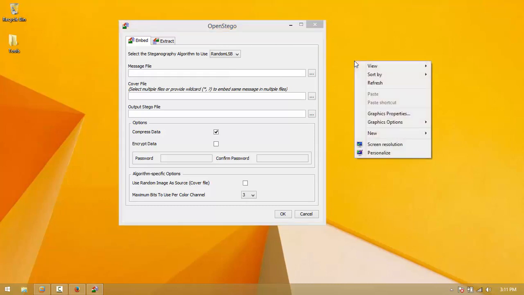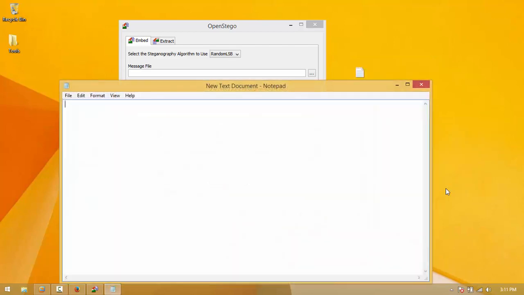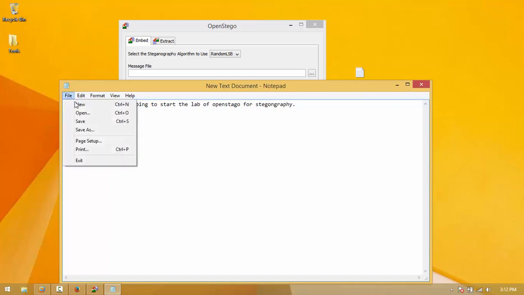So first we're going to create a message file. Hello everyone, we are going to start the lab of OpenStego for steganography. To save the file,